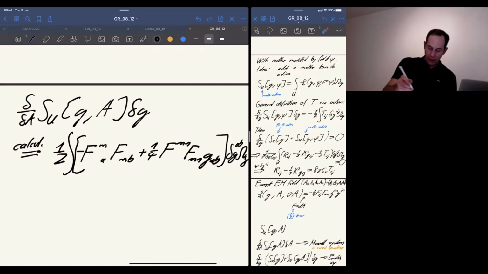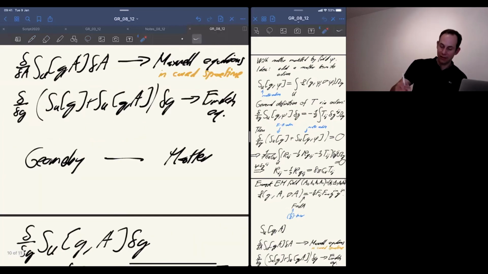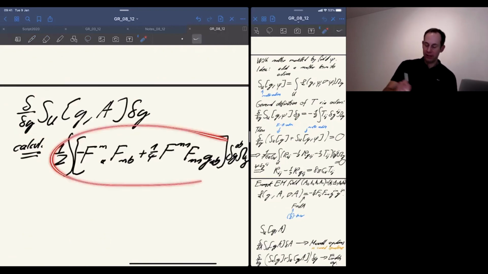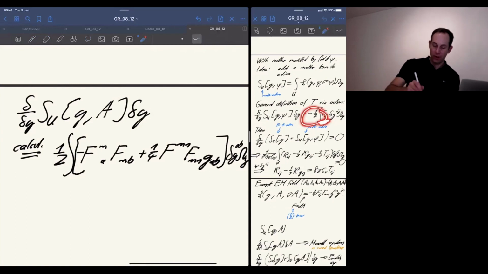I should write here, this is times delta G. Excuse me, I think I made a mistake. I wanted to say, what is this if I take the derivative of G? So I wanted to do this thing here, not the A part, the Einstein equation. So I take the derivative to G, do a calculation and get this expression for the integral. But if you compare it with this expression here, then generically, what I write inside the integral in the square bracket corresponds to the Tij, more precisely to minus 1/2 Tij. So by definition, this is minus 1/2 TAB.